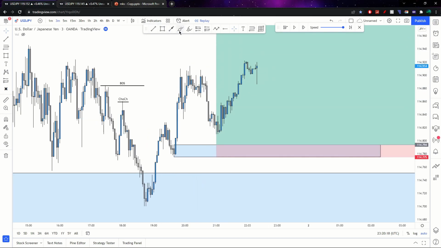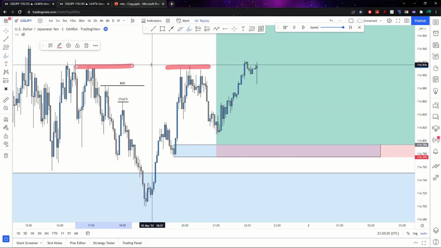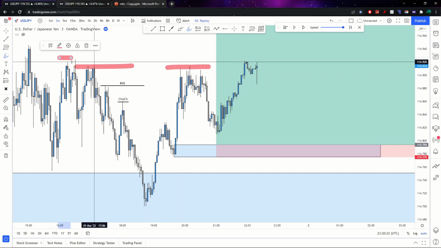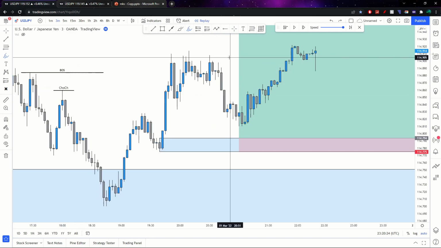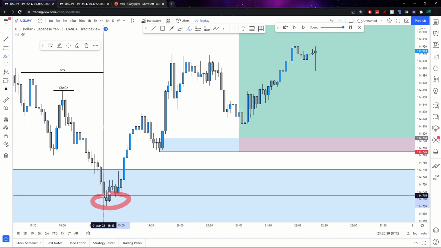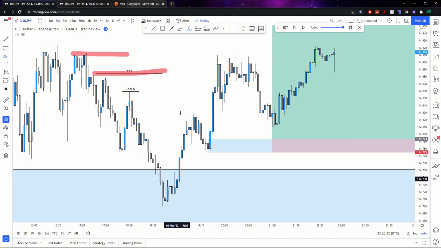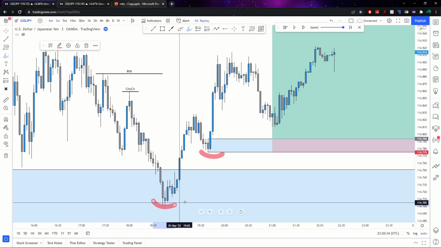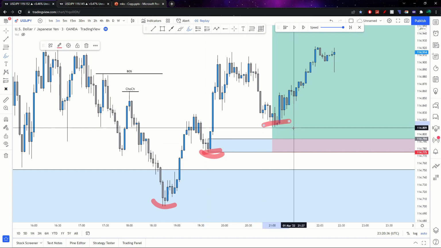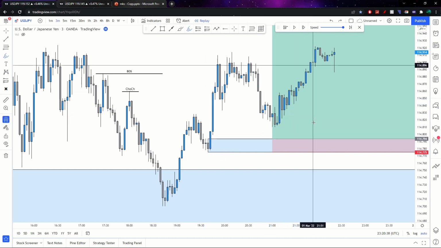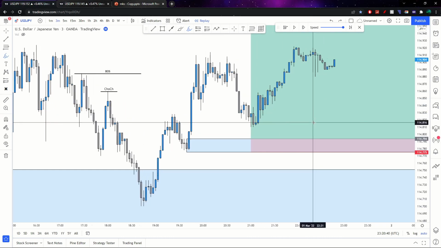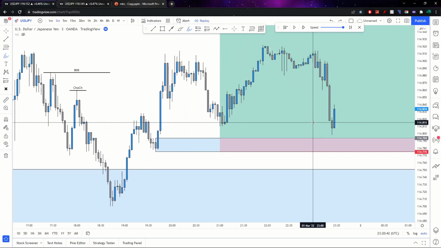And again, more signs of bullishness are happening as price is breaking above these structures, indicating that we are going to go bullish, right? And another form of change of character would be, yes, we are breaking structures towards the upside, but we are also leaving these lows, right? We are creating higher lows, which is exactly what we want to see in terms of bullish structure, right? So now I'm just waiting for price to tap into my zone,